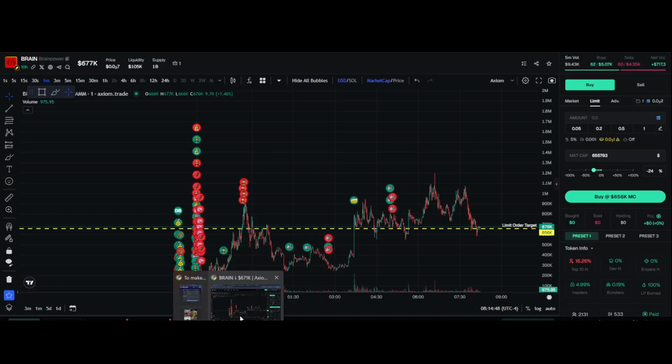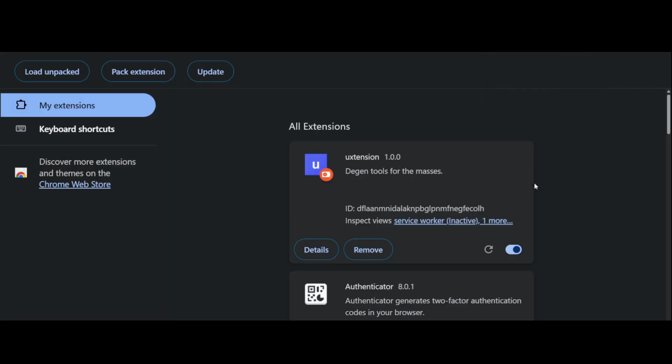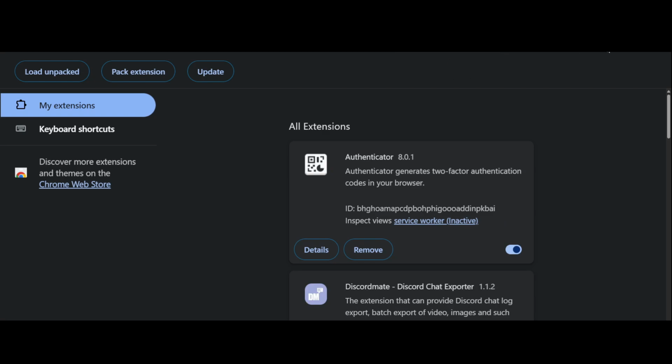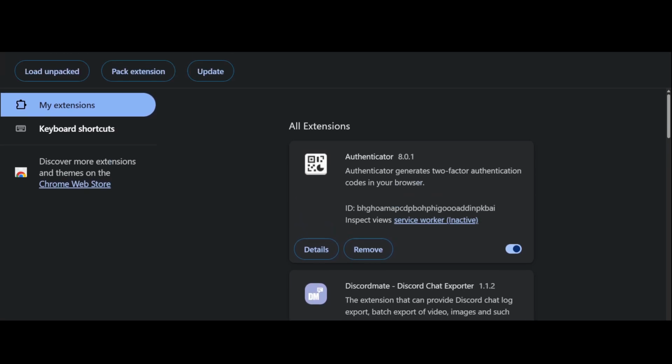from there you're going to go to your extensions on Chrome. There's a little puzzle piece icon in the top right corner next to your profile icon. Go down to manage extensions at the bottom. I'm going to remove this so I can show you exactly step by step. In the top right corner of your Chrome extensions tab, there's a thing that says dev mode. You'll click it to enable it.